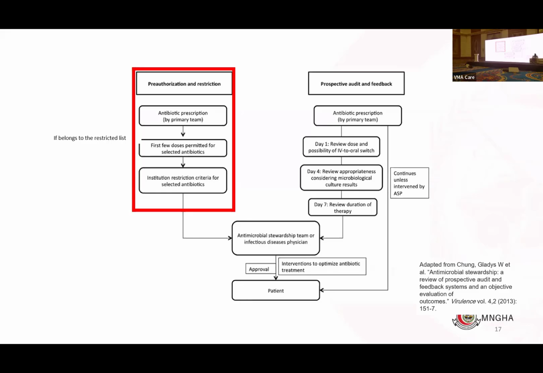احنا in our hospital the restriction is different between ICU and non-ICU facility. In ICU, for example, tazocin, no need for restriction. Cefepime, no need for restriction. Meropenem and ceftazidime, colistin, need for restriction. For example, no, first dose is allowed. First and second dose is allowed in ICU. In the medical ward, no. More restriction. Tazocin need first dose, no need. But starting from the second dose or third dose,